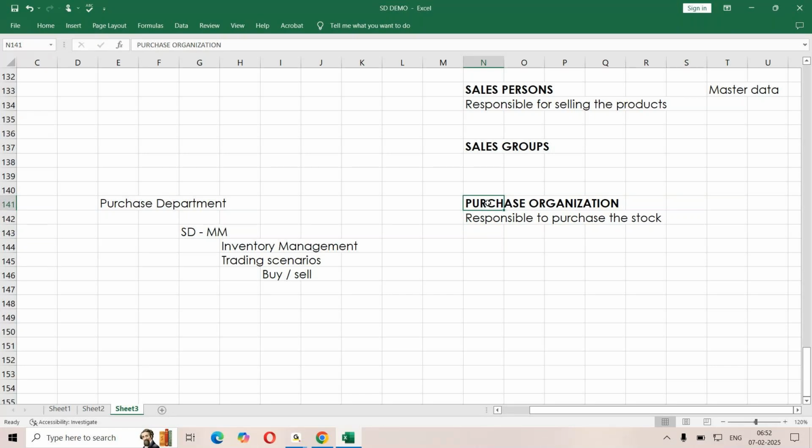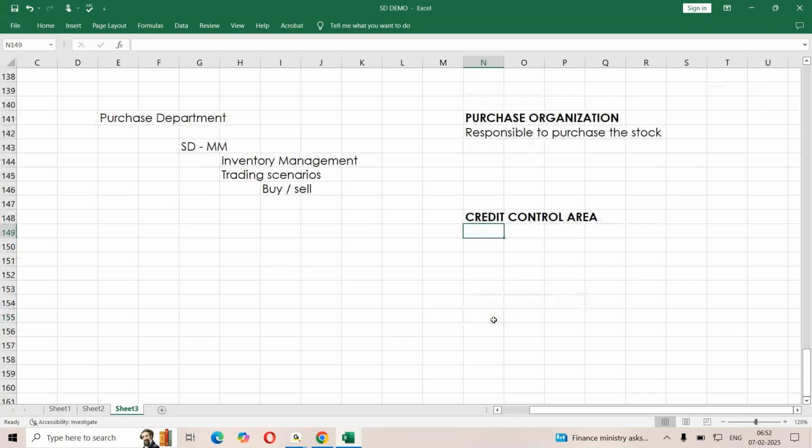And the next term, we need a good understanding of the credit control area. This is the department which fixes the credit limit of the customers. It's just like a credit company offering goods on credit. You take the goods now and do the payment later.